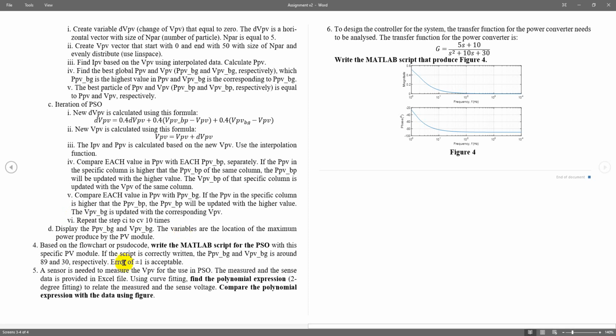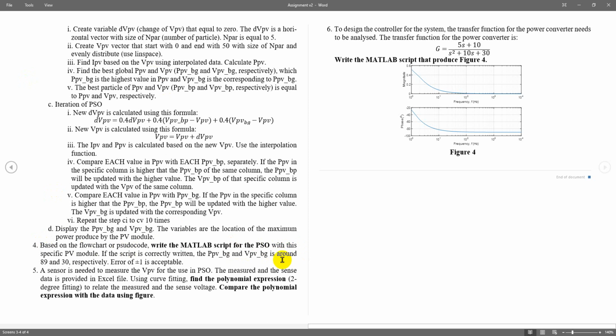And then based on the flowchart and pseudocode, write the MATLAB script. If you have already completed all this, you write the MATLAB script based on the flowchart and pseudocode, or you can use the list of instructions to write the script.